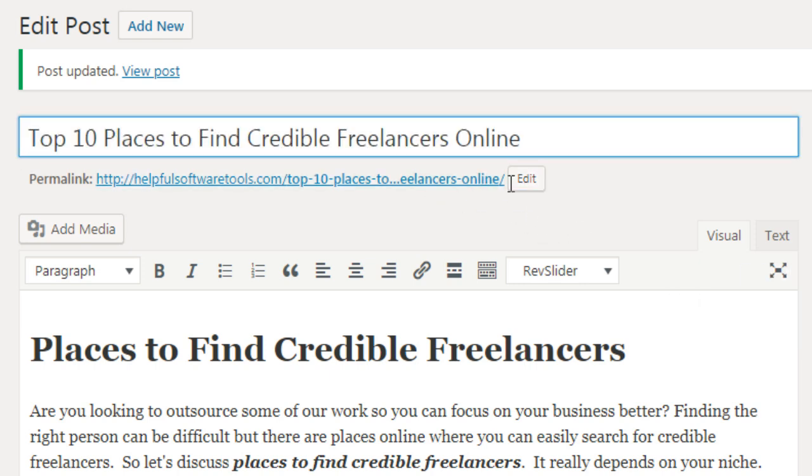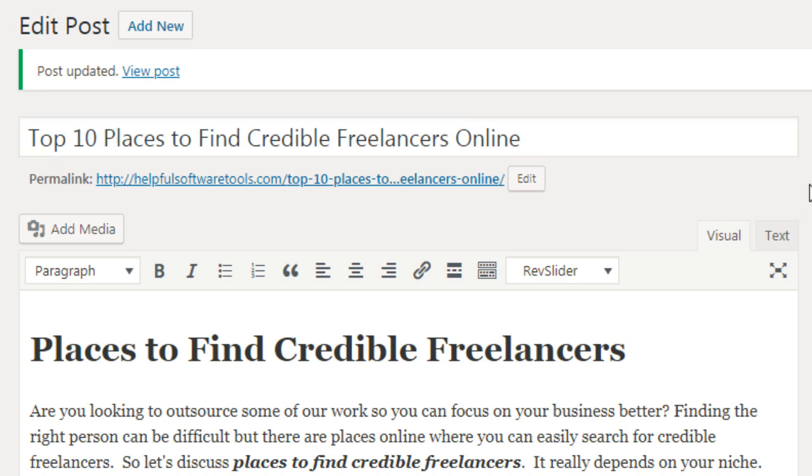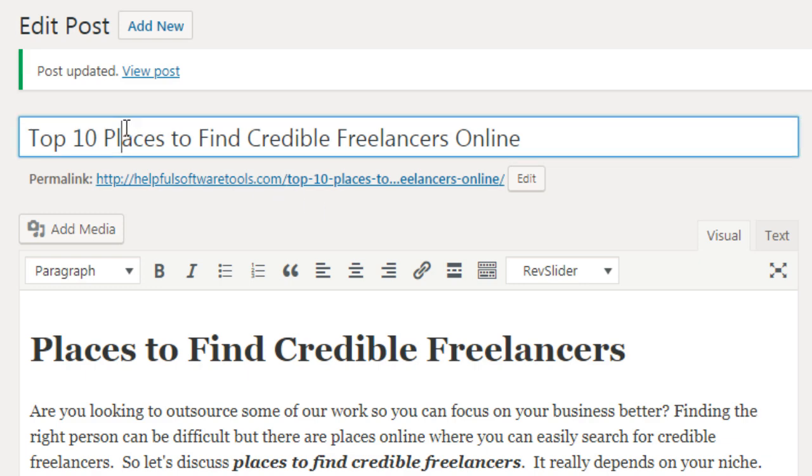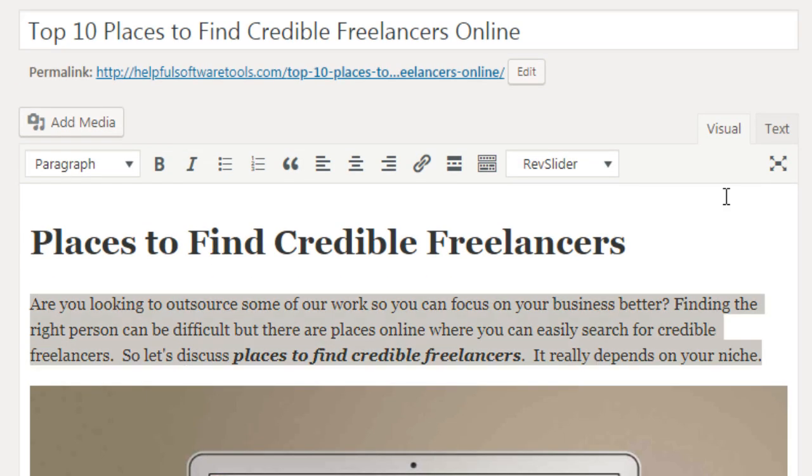Now, I'll show you later down the road where you can use two WordPress plugins, which you can use to add more data like the metadata, the description data, and all of that. But for now, by default, if you don't have those WordPress plugins, what the search engine will often do is grab the title. So we'll click update, and that's it.